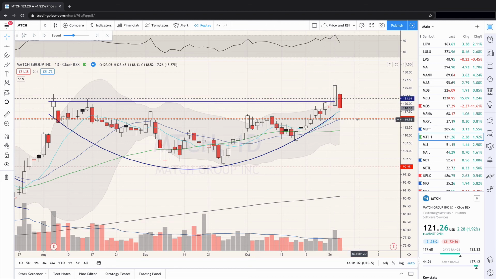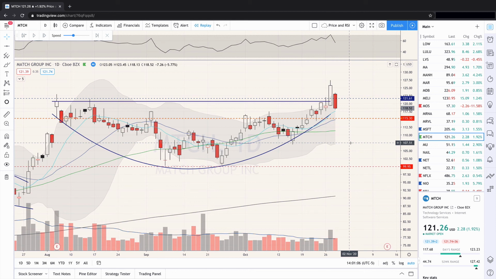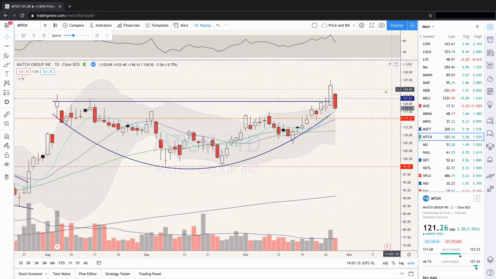Okay, I set my stop down here at 115.30 because I wanted to give this a little bit of room. I wanted to let this play out because this has earnings coming up. That's the logic behind it. It could be a run to earnings. Maybe it comes back, consolidates, and runs again. I want to give it a little bit of room on this one because this seemed like it could be a potential big mover. So calculate the risk, reward, and position sizing.